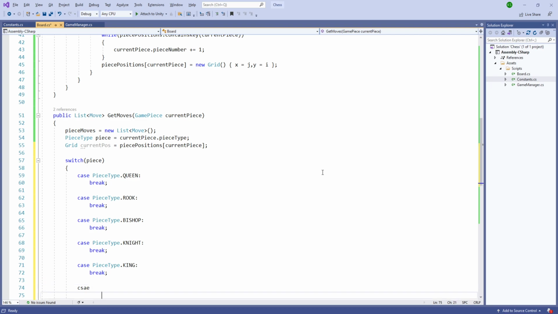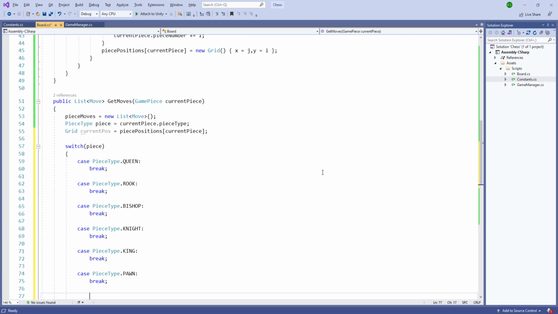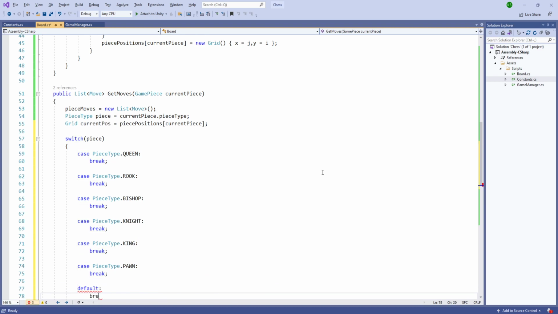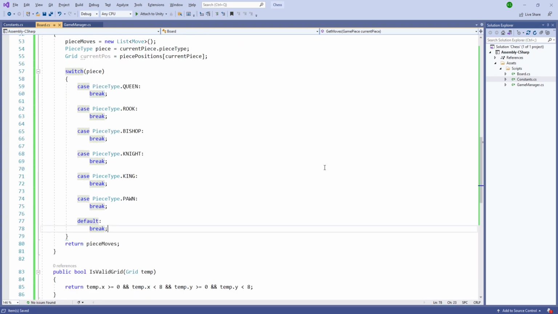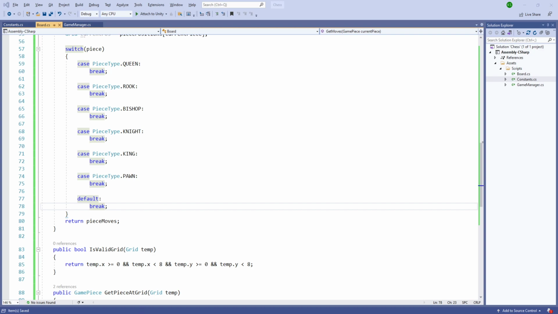And finally we'll do it for the pawn, to add the default case. So we have the switch ready. After doing that,